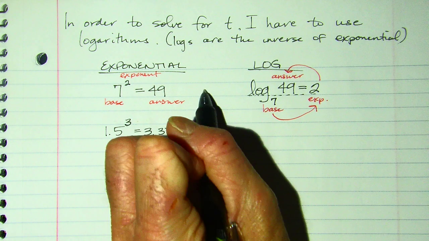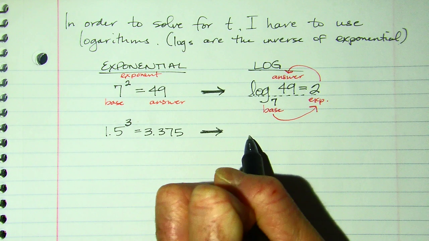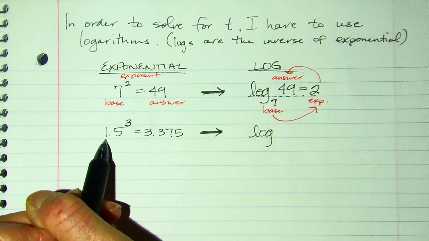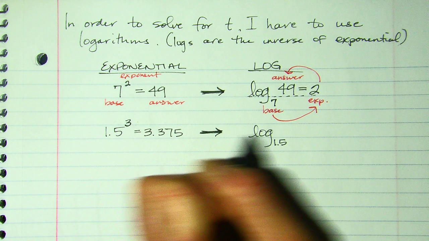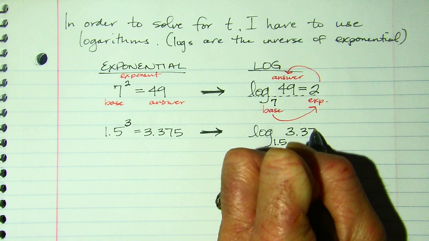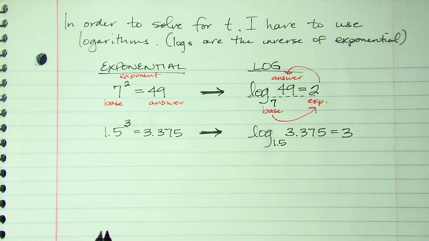If I wrote that as a log, my base is the 1.5, then the answer equals the exponent. So we're going to be using this information to solve